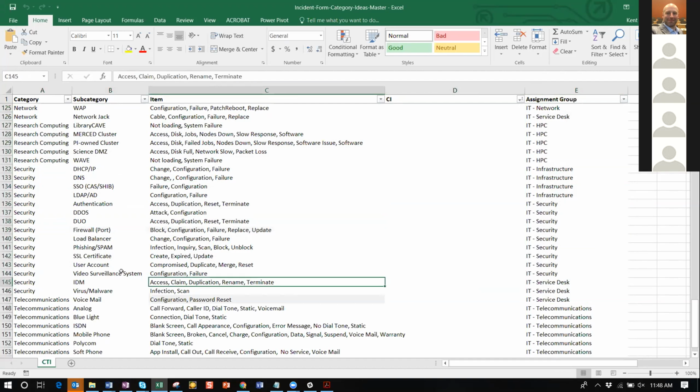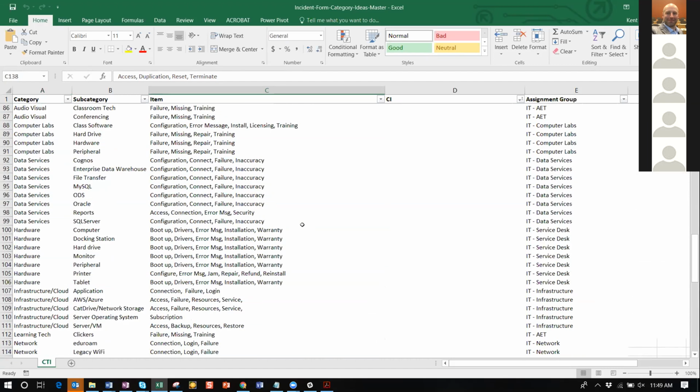So the idea with this is, if I do security Duo, having an issue that the service desk cannot resolve, so they open the ticket, they're working with the customer, that's how they populate it. And in the assignment group, it's going to say IT security. But if the service desk actually happens to close the ticket, then they're going to change the assignment group to the service desk, so they get credit for the closing of the ticket. But that will give them some guidance and some direction on where to assign it if they need to escalate it up to a tier 2, tier 3 team. Okay.